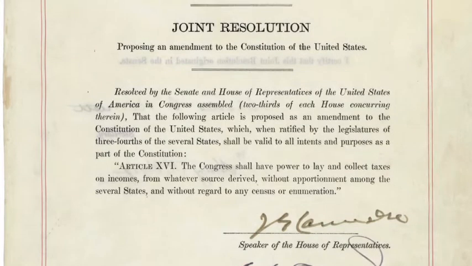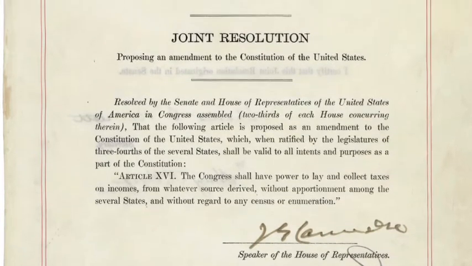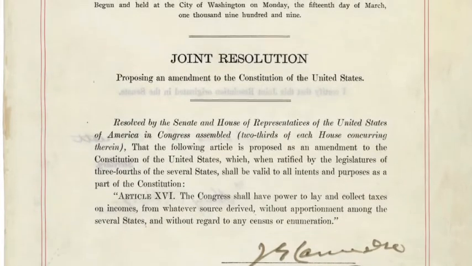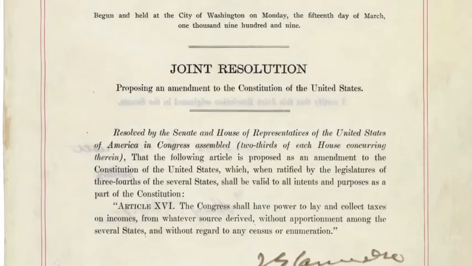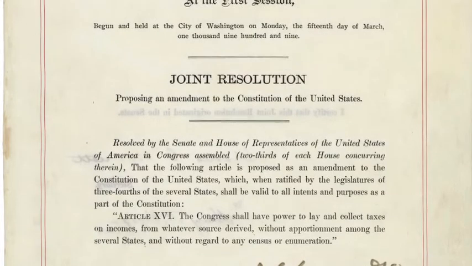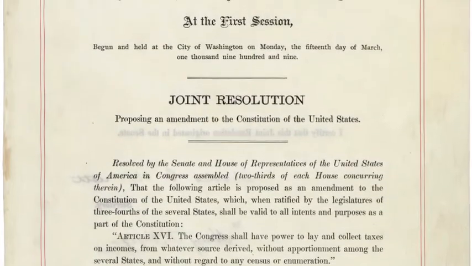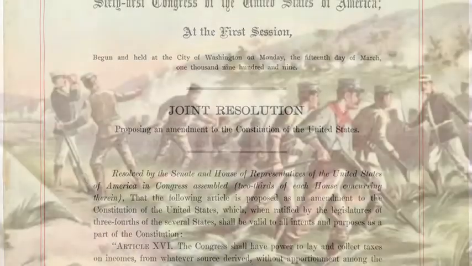Moving on from that time period, I'm going to go to 1895, which was when the first Supreme Court case was Pollock versus Farmers, and it was a Supreme Court case of the United States that ruled that the unapportioned income tax on the interest, dividends, and rents imposed by the Income Tax Act of 1894 were direct taxes and therefore unconstitutional.